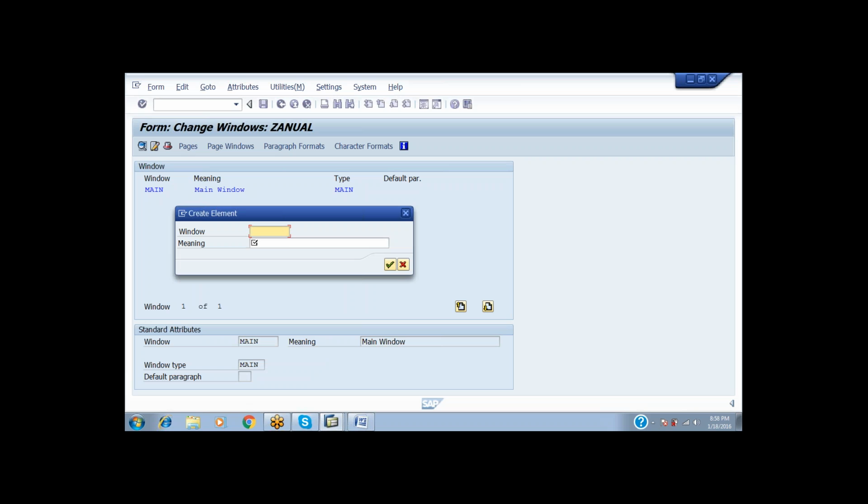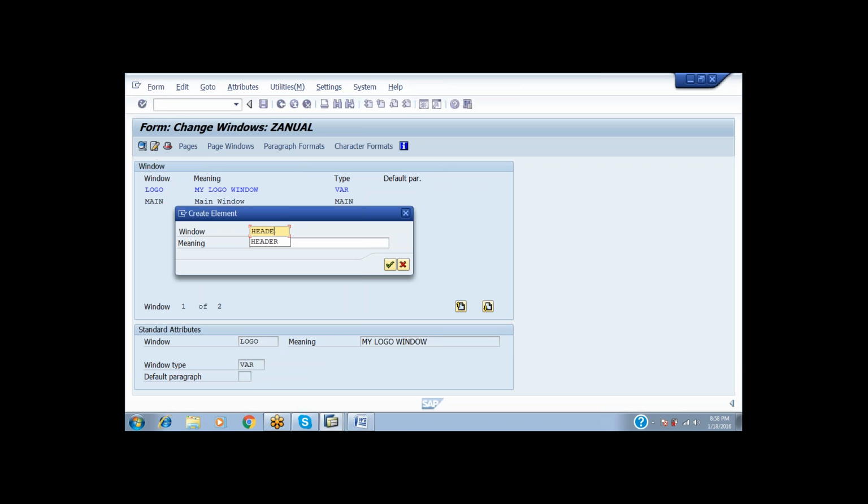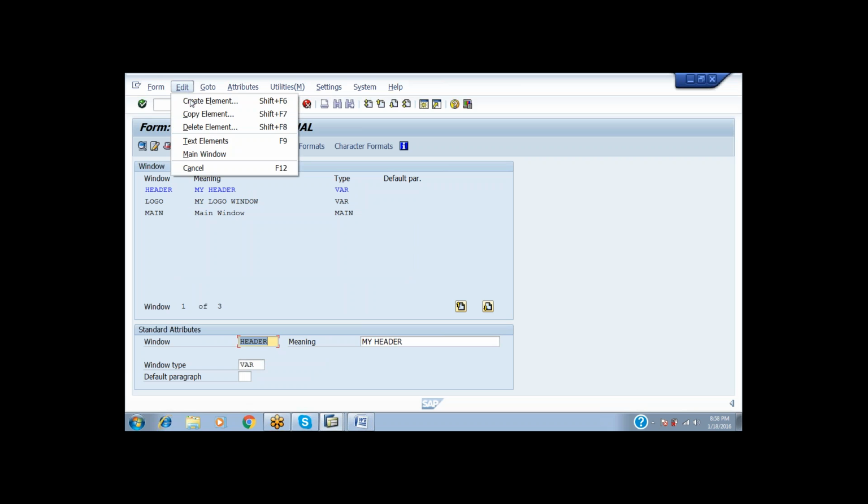and require in the window a logo, my logo, as well as a header, my header, and as well as a footer,